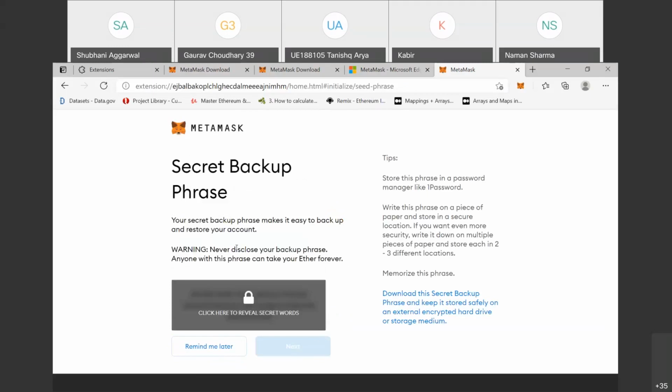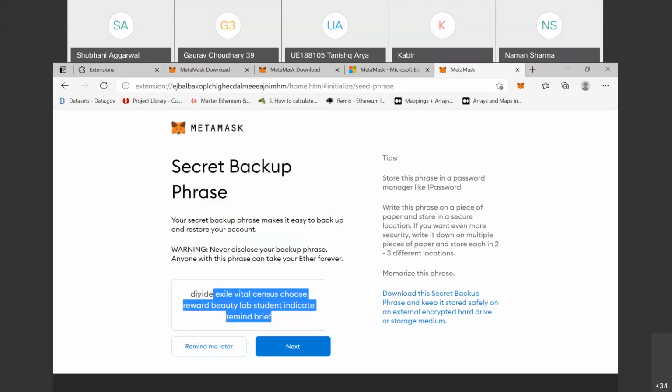So these are some secret words. There are 12 secret words. If you click to reveal secret words, you should store these words in a separate place,